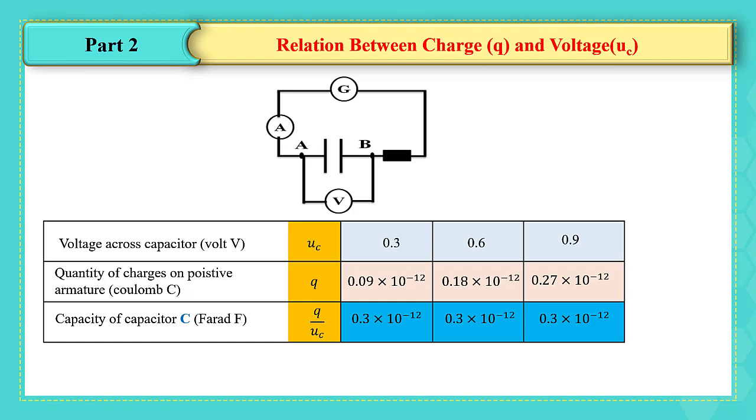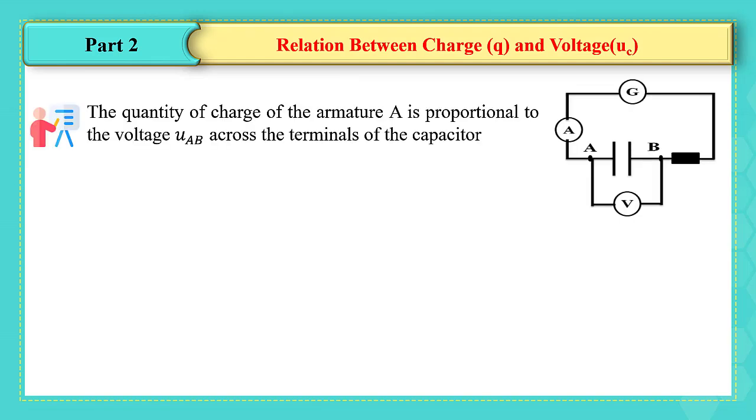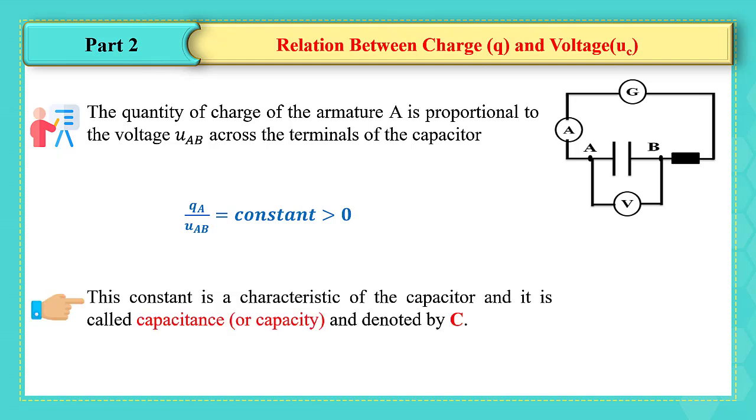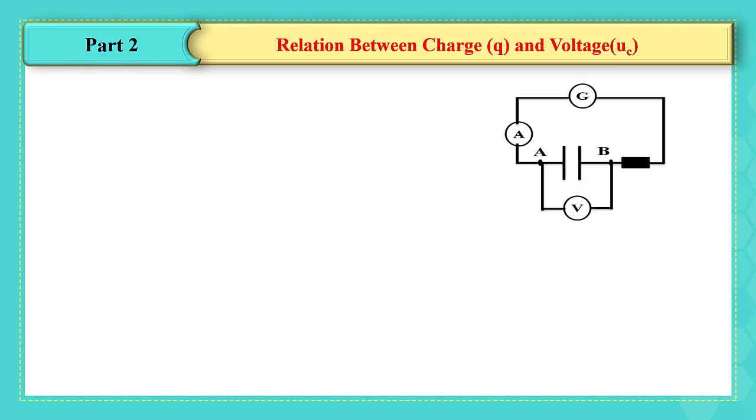The quantity of charge of the armature A is proportional to the voltage UAB across the terminals of the capacitor. Then QA divided by UAB is equal to a constant number, which is always positive. This constant defines a characteristic of the capacitor, which is called the capacitance, and it is denoted by big C. If we cross multiply the previous relation, then we will get QA is equal to C UAB,